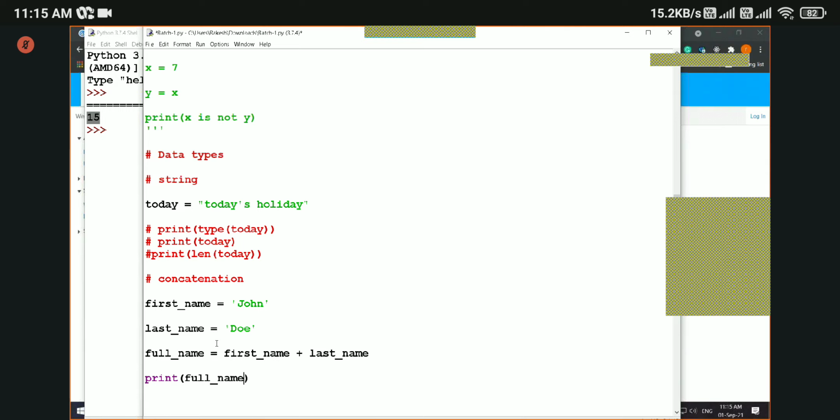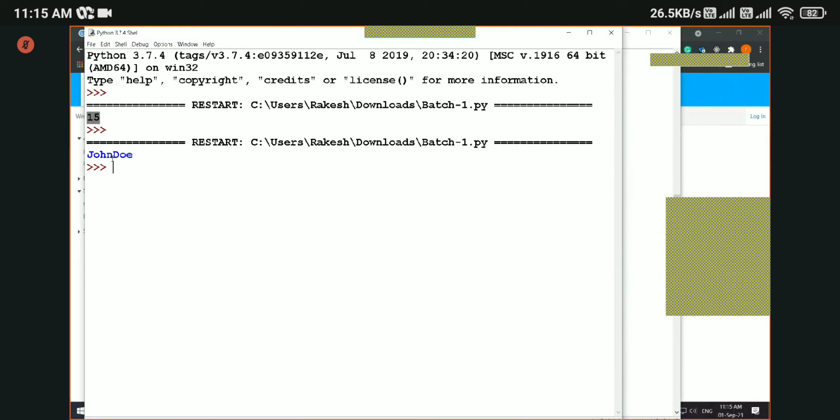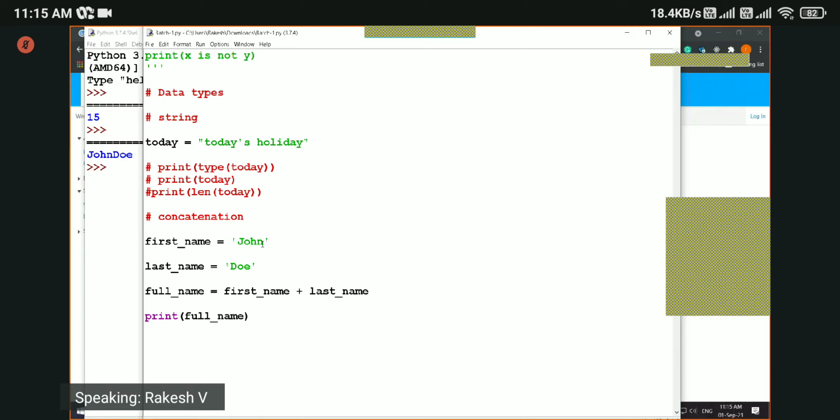now we can see the output. Now we can see the output of full name. See, we got John Doe. So we got full name, but there is a problem, right? Whenever we give names, there will be space between first name and last name, right? But we are not getting that space, right? To fix this issue, one way is add space after first name in the string itself, or add space before second name in the string, right? Both of them will result in a space, right?